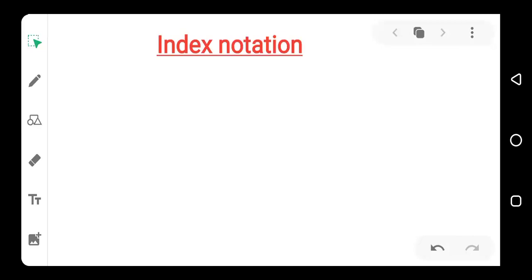In today's lesson, we want to study index notation. Index notation is a way of representing numbers by writing their powers, or by showing how many times a number is occurring. For instance, if we have